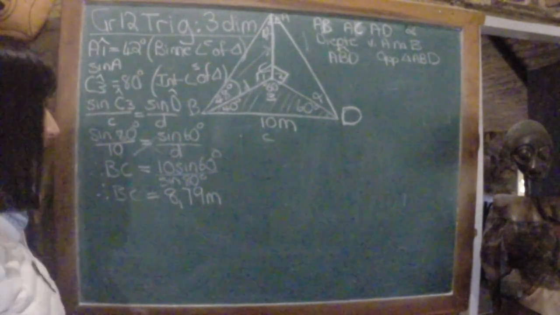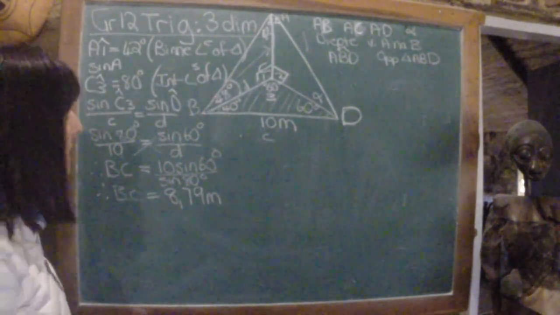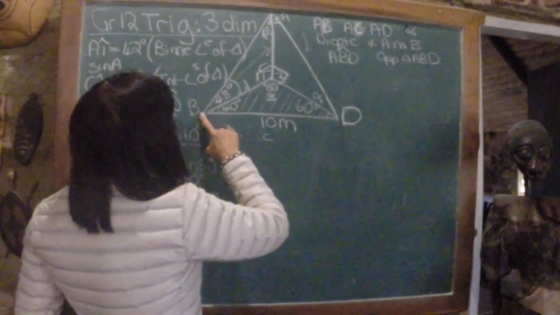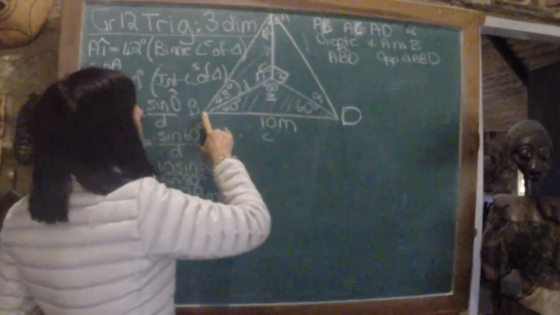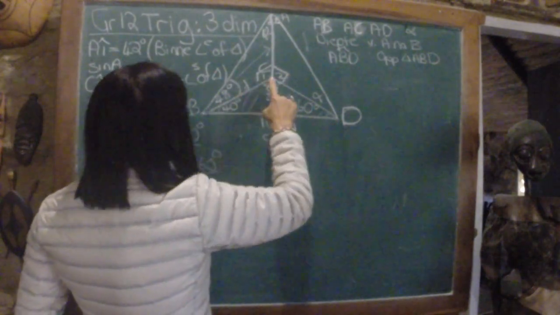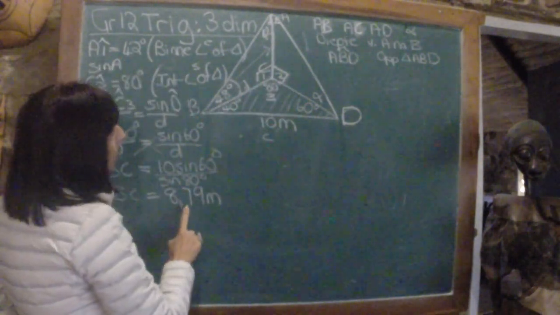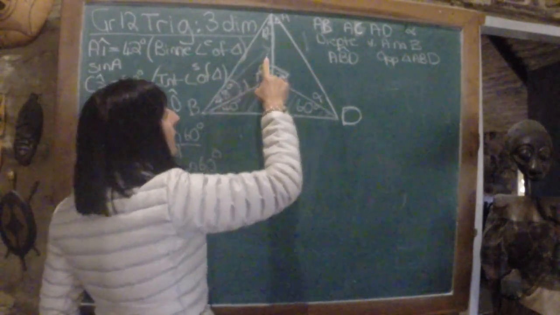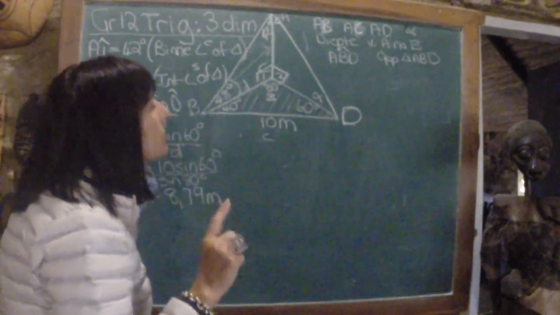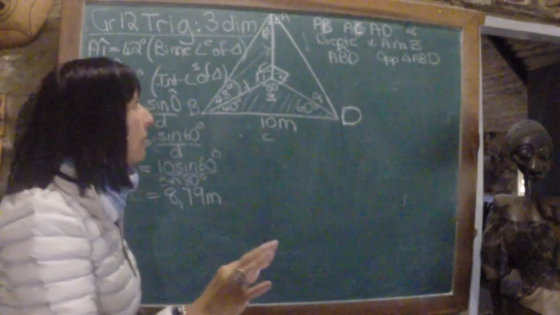Round 2 decimal places. That's not what's being asked. It's not BC that's being asked. Hulle het gevra vir AB. Maar nou het ek wel vir BC. BC is 8,79, en omdat ek nou in 'n 90 grade driehoek werk,